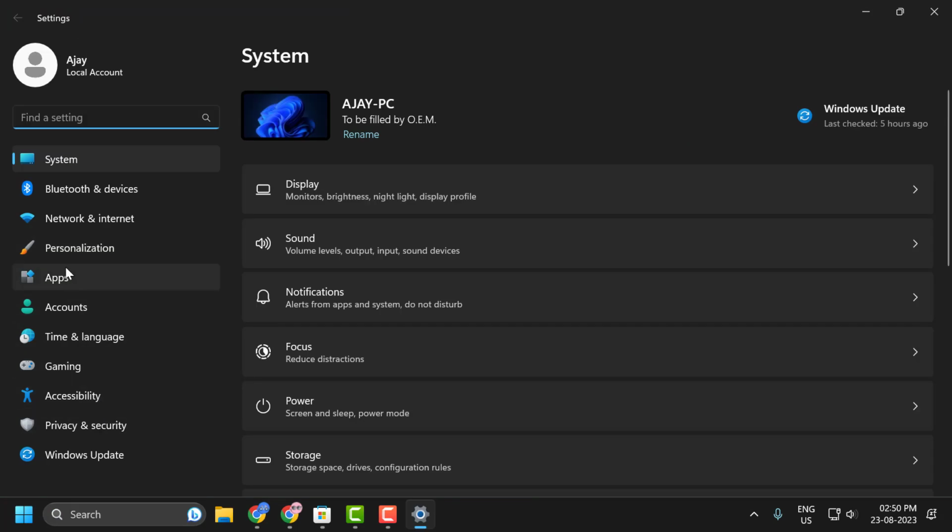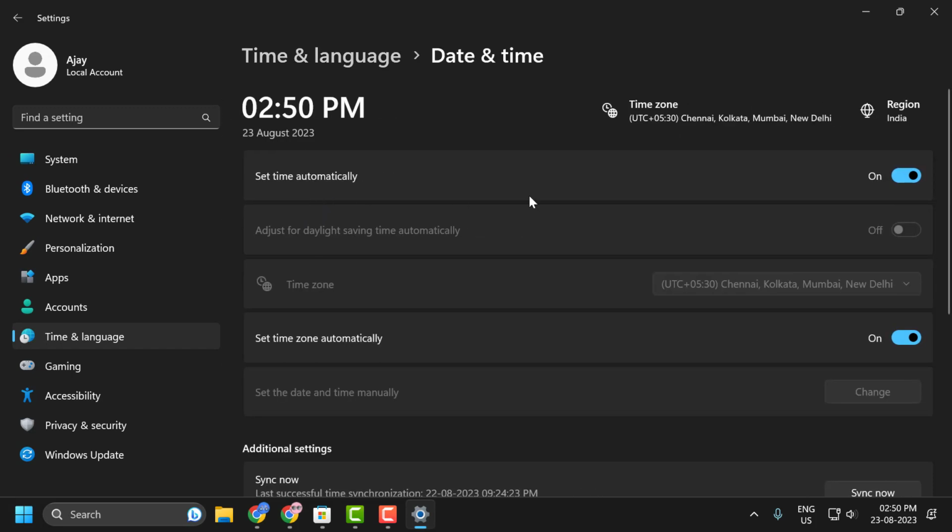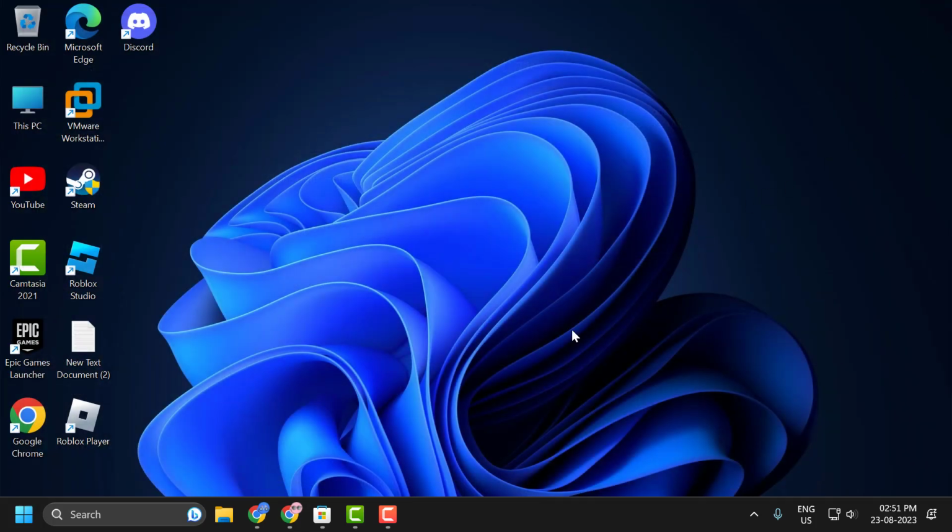Now on left side select time and language. On right side select date and time. Select this to set time automatically. Turn it on. After doing this, if you are using Microsoft Store version of Roblox, then you just